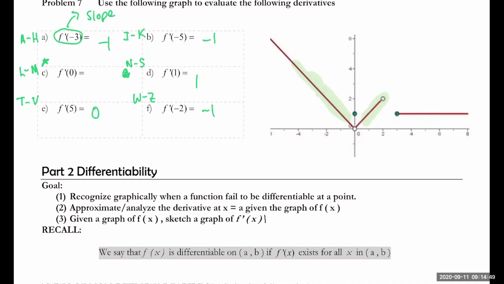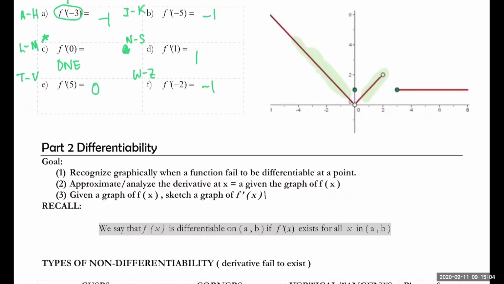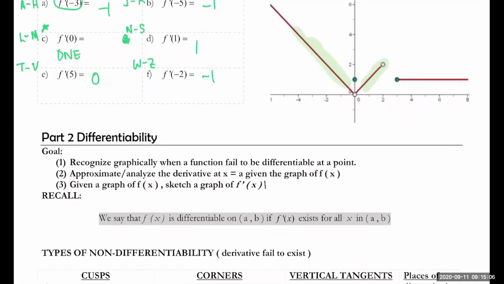So we say that this derivative fails to exist or does not exist. Remember, a derivative is a limit. So if the limit coming from the left and the limit coming from the right are not equal, then that means the derivatives don't equal each other. So therefore, it doesn't exist. So how can we tell when